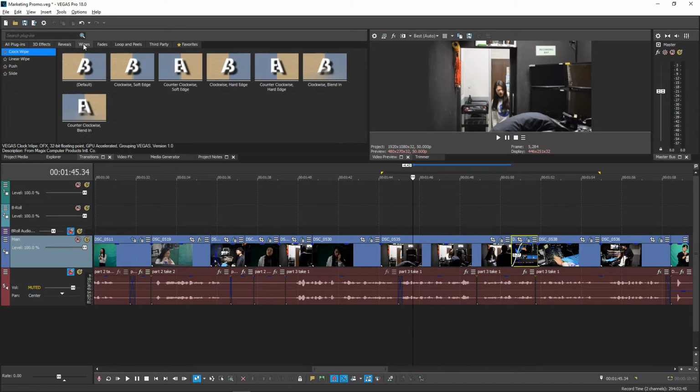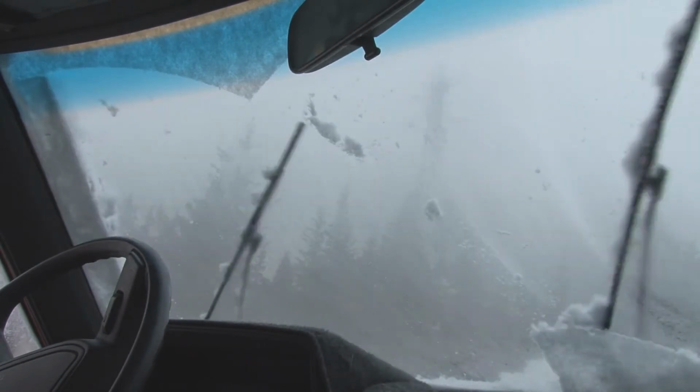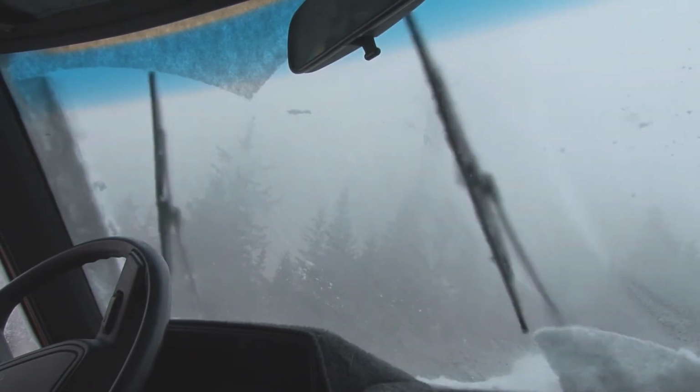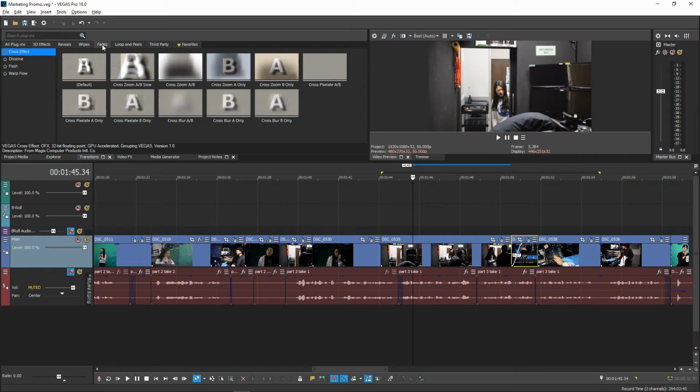Thirdly, let's move on to the tab labeled wipes. These types of transitions kind of work like windshield wipers and will appear as if the current clip is getting wiped off of the screen, showing the next clip underneath. After that one, we have fades.